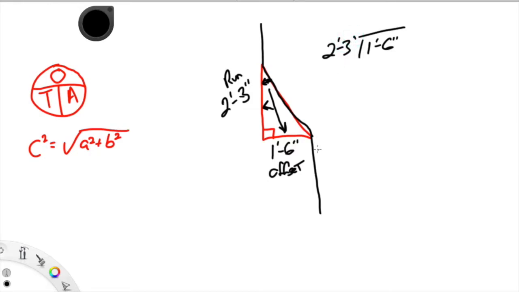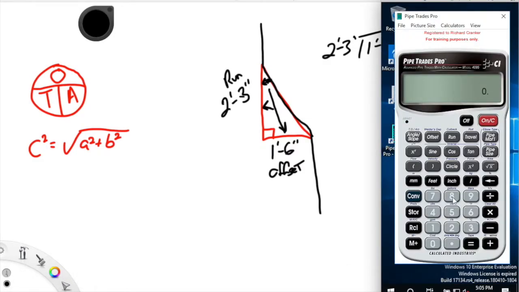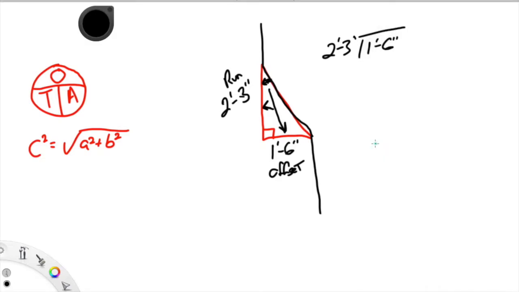Okay, so let's pull up our calculator. We got 1 foot 6 inches divided by 2 feet 3 inches. Gives us a tangent of 0.667. Okay, so we have to convert that to a degree. So convert tangent. It gives us a degree of 34. Okay, so our angle is